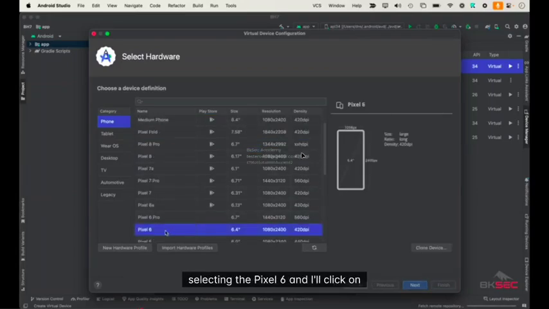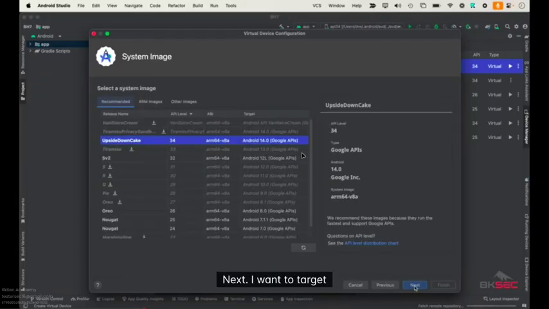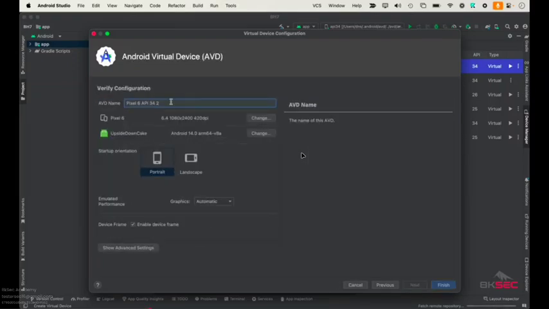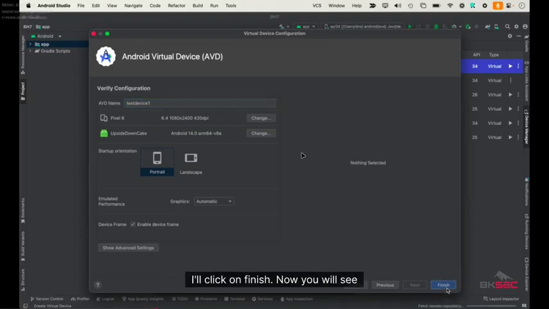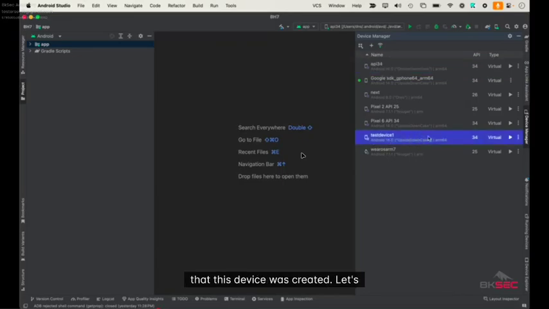Let's say I'm selecting the Pixel 6 and I'll click on Next. I want to target API34, so let me just select this one and I'll click Next. For ease of access, I'll just name it Test Device 1 and I'll click on Finish. Now you will see that this device was created. Let's actually just try to root this device that we created right now. So I'll just head over to my terminal